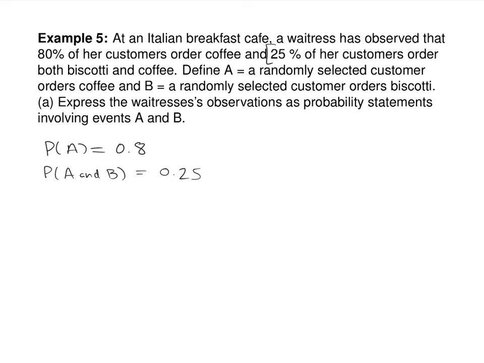If I'd said 25% of coffee drinkers order biscotti, that's probability of biscotti given coffee drinker. Does that make sense? So let's just write that down so you have practice interpreting that. We'll say if I'd said 25% of coffee drinkers get biscotti,